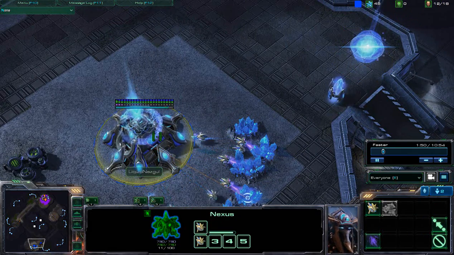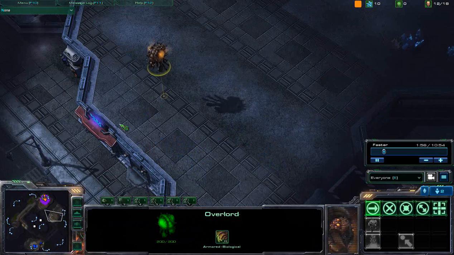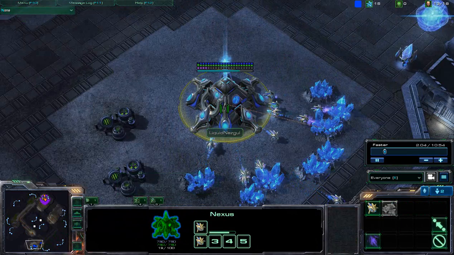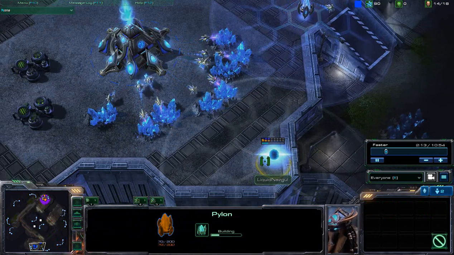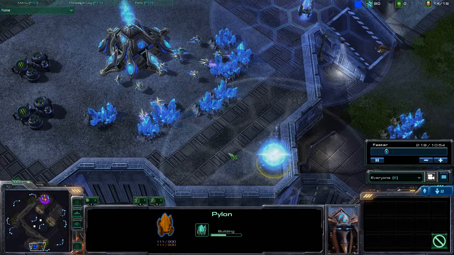Taking a look back over here, this one gateway is now up and operational, and we have an Overlord coming in to scout along with the Zion single drone, so that drone will in fact be able to find the starting position of LiquidNazgul. I do not think LiquidNazgul has sent out a single probe yet. Also building a pylon over here behind the minerals,